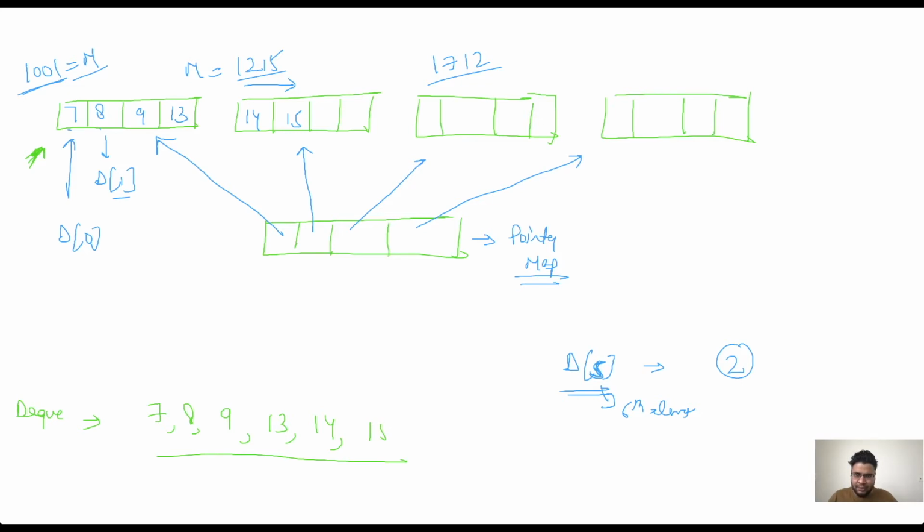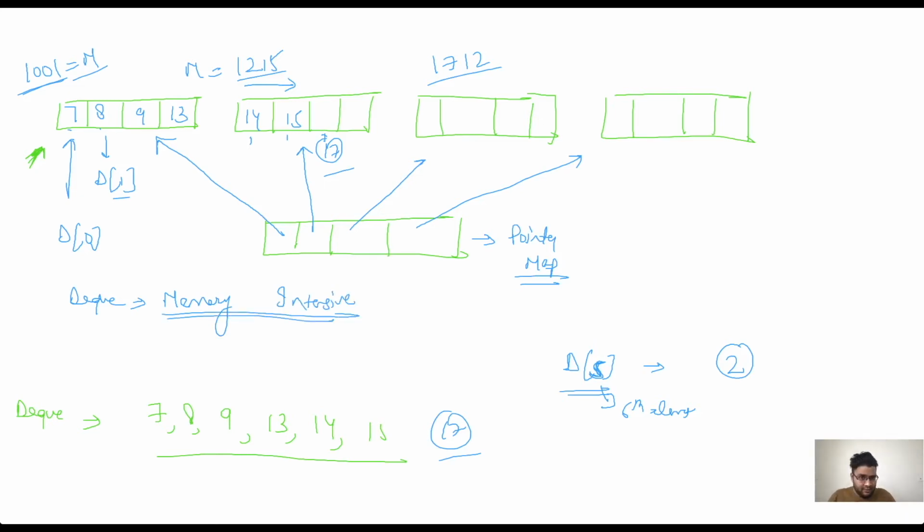Suppose I want to insert a value into a DQ. Now what I will do, I will see the first pointer is here, I go to this memory chunk, this is already filled up. I check the second pointer, it is pointing here, I go to this memory location, I find out the first is filled, second is filled, third is empty. So then I insert the third element. Let's suppose 17 is the incoming element, I will insert 17 at this position, right? So that's how memory allocation in DQ works, and that's also one of the reasons why DQ is very memory intensive. It takes a lot of memory.